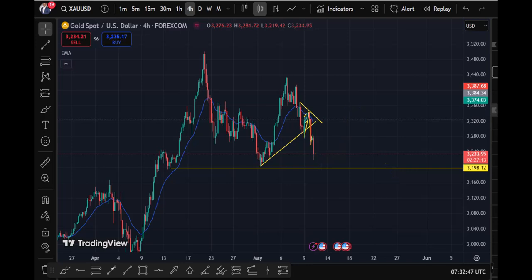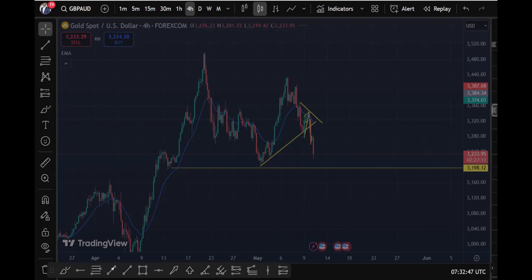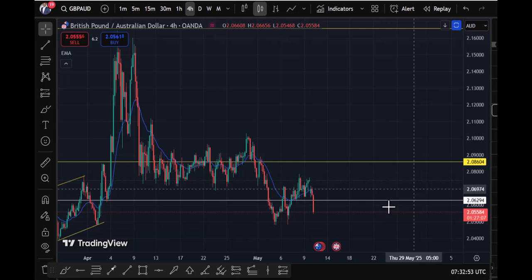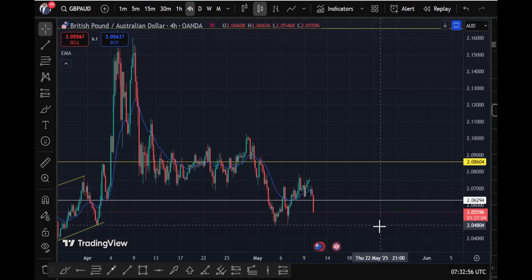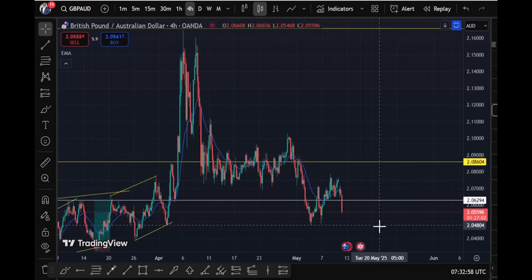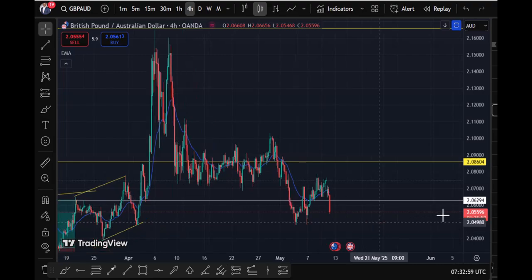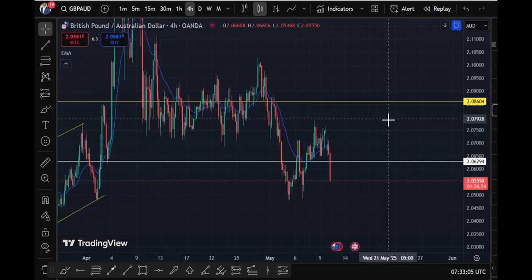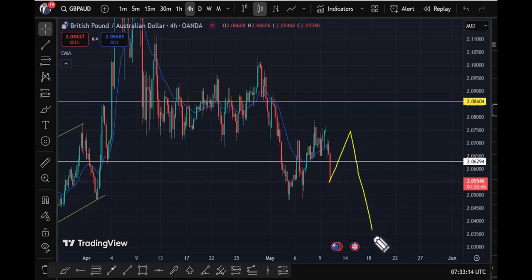All right, so let's take a look at other forex pairs. We have the pound Aussie. So this one here, there is a potential buy setup that is loading. Okay, so here on 4 hours, if I see opportunities for a buy, I will take a buy, and this buy will be to take the market to this point before it starts dropping. All right, at least to this point.